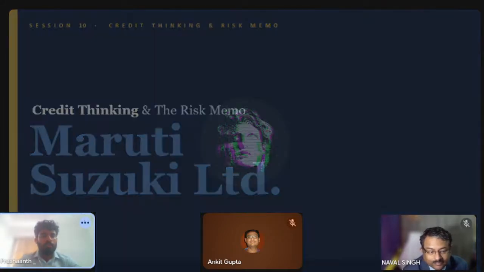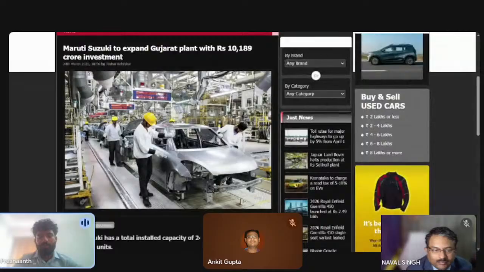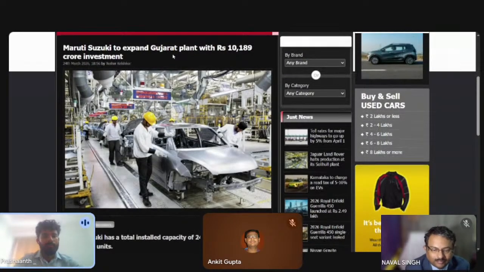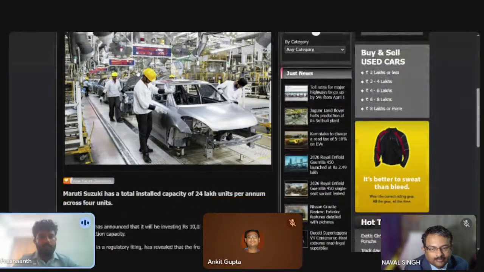So I went to Google News, right? And I was just trying to spam the word expand and see which news pops up. And this one particular piece of news caught my eye. So Maruti Suzuki, and this is dated 24th March, by the way, which is very recent. Maruti Suzuki plans to expand their Gujarat plant with rupees 10,000 crore worth of upgrades, so that they